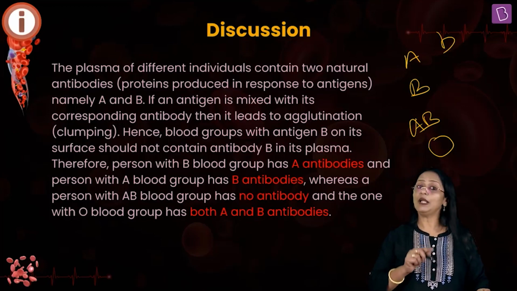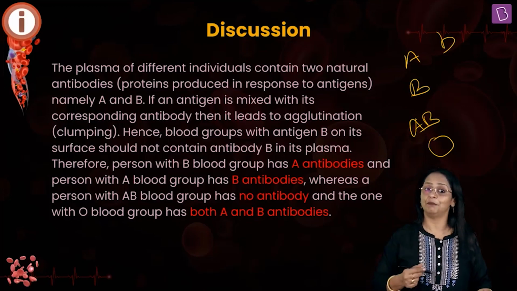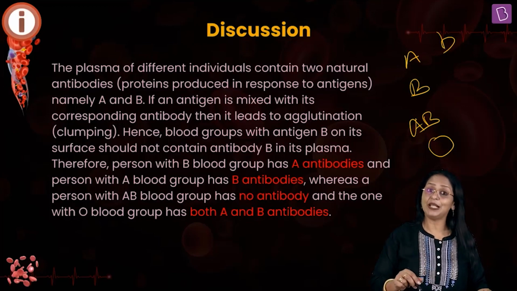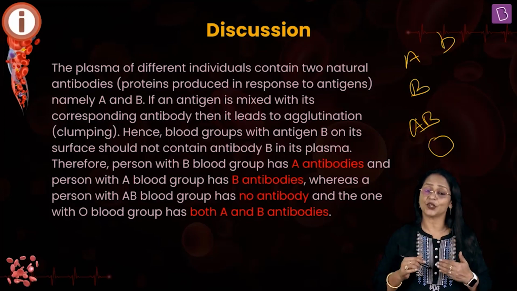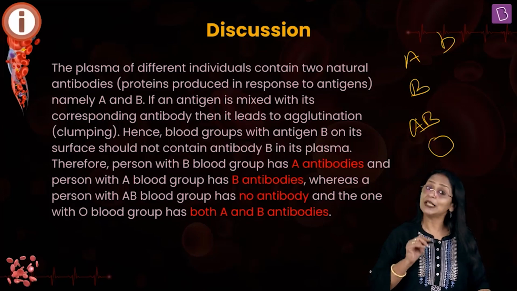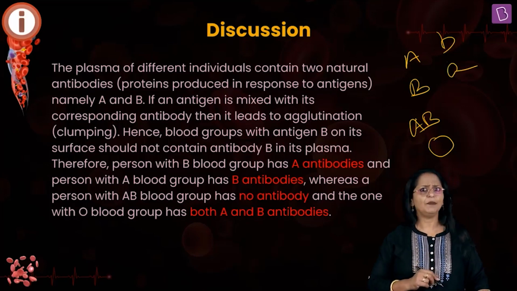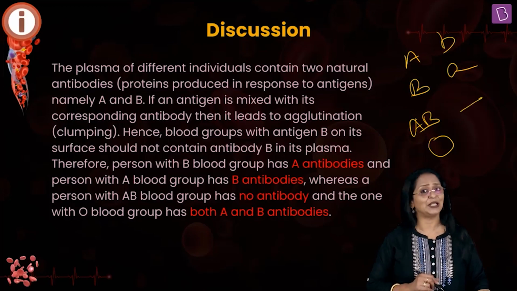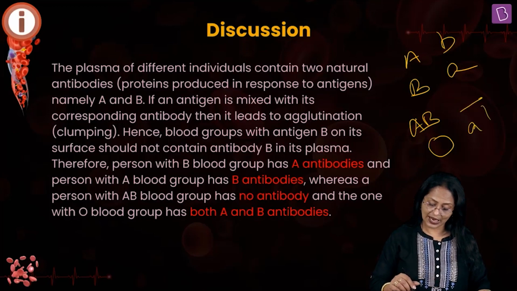Okay? Why? Because blood group A cannot receive blood group B. If at all he receives blood group B, what will happen? B will clump with B. Did you get it? So naturally, by nature, if you are blood group A, you will have antibody B. If it is a B blood group, the antibody is A. What about AB blood group? What kind of antibodies do you think they will have? They will not have any antibodies. And O blood group has both antibodies A and B.